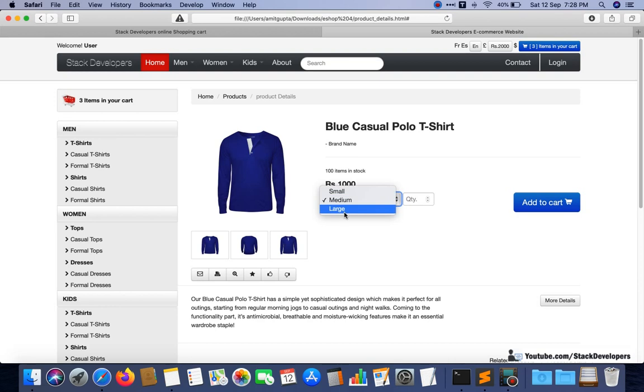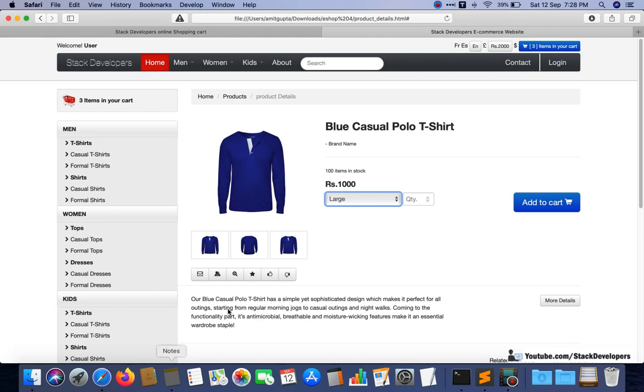And if you select large, then the price can again increase if you have added an increased price for the large size. So these sizes and prices we are going to call with Ajax. We will work on this thing as well for the product detail page.